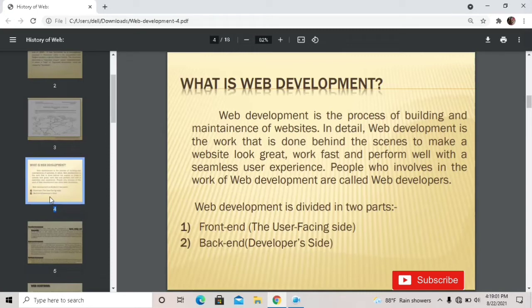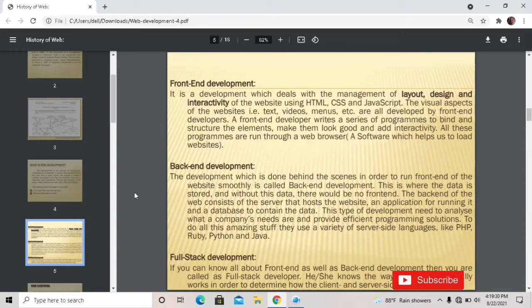Becoming a web professional allows you to participate in absolutely any field because the web has become universally present in our professional lives. You can be a web developer and specialize in anything from the art world to the automobile industry. So for knowing that, you have to know about the two parts of web development. The first, front end, the user-facing side, and the back end, the developer side. Let's briefly discuss them.